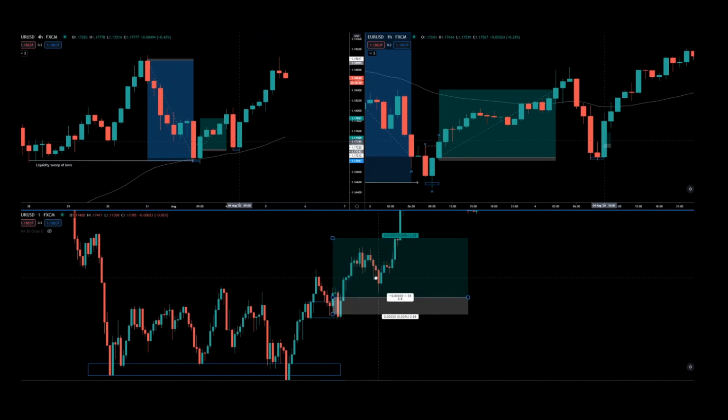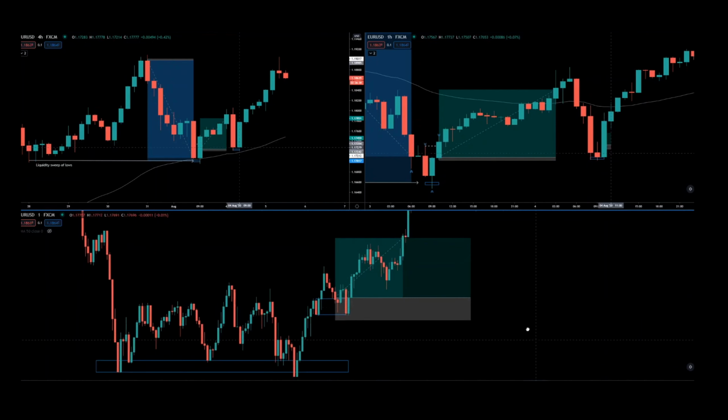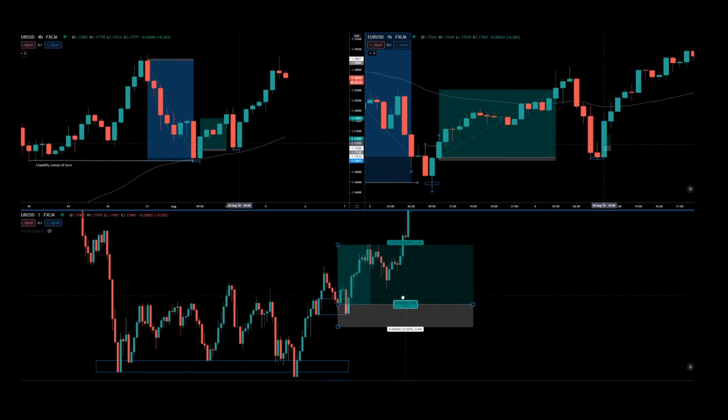Or you can enter at the top of the order block and then have a little bit of a buffer, whether that be 3.5 pips, 4 pips, just to give the trade room to breathe more or less, just because of entering at the top portion here. But again, just for simplicity, I will use the 50% with a 3 pip stop loss as an example for